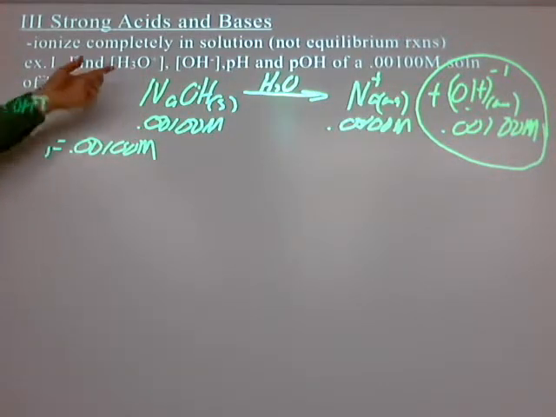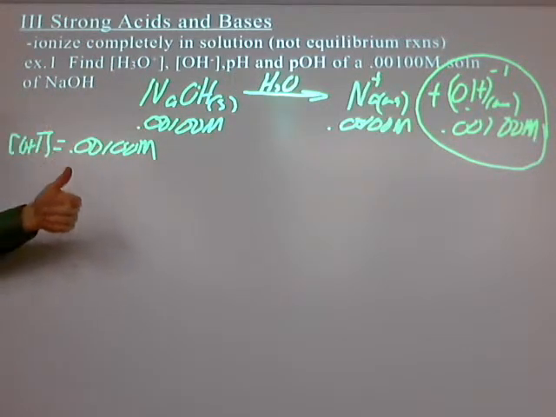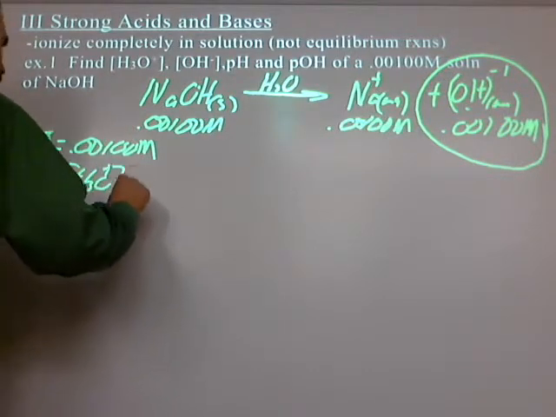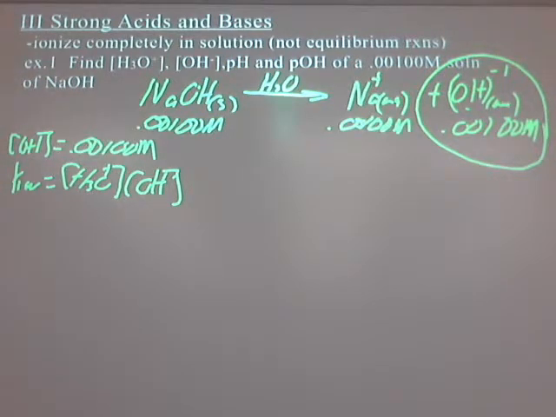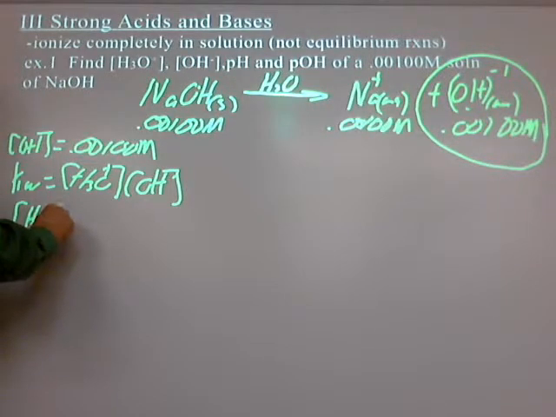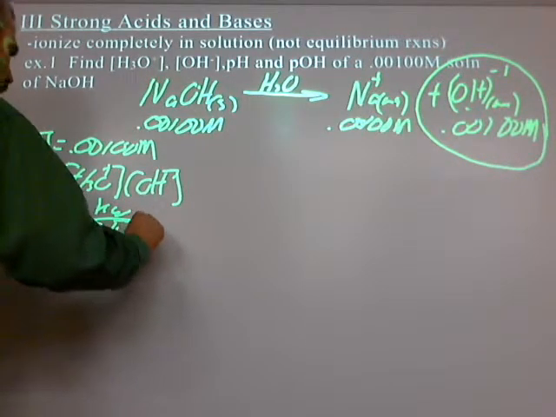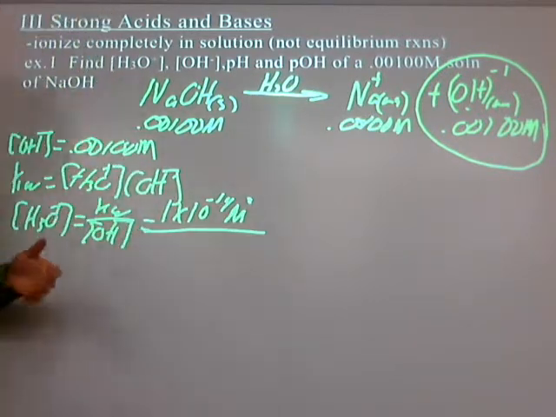Who do I want to find next? I want to find hydronium. What am I going to use? Do I have an equation that relates hydronium to hydroxide from a second ago? Yeah, the Kw. So Kw equals hydronium times hydroxide. Which is nice, because now all I got to do is rearrange it. And by the way, when I rearrange this guy, I'm solving for hydronium. So hydronium is going to equal Kw over hydroxide, which equals 1 times 10 to the negative 14th molar squared over, let's put this guy into